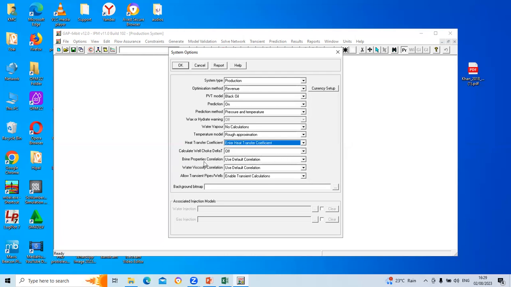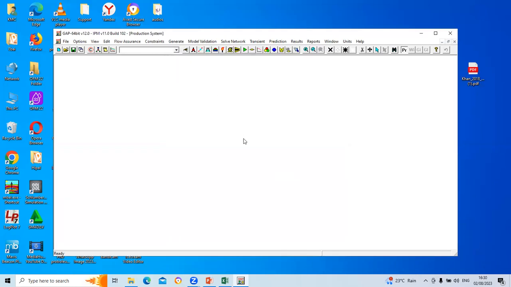And then what are the brine properties? What's the property of the water? Can you input it, or do you want to use correlations? Water viscosity, you want to use correlation and all of that. So we'll take that. Now, the next thing is to build up this system,